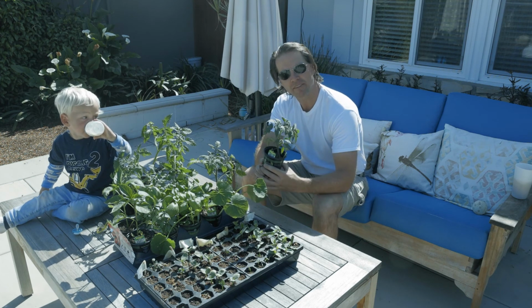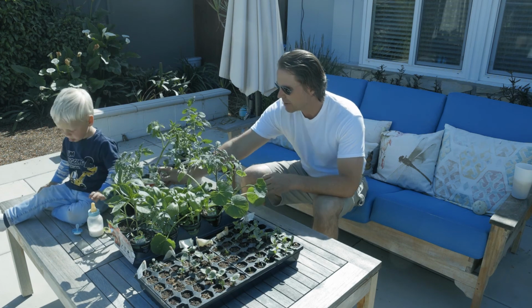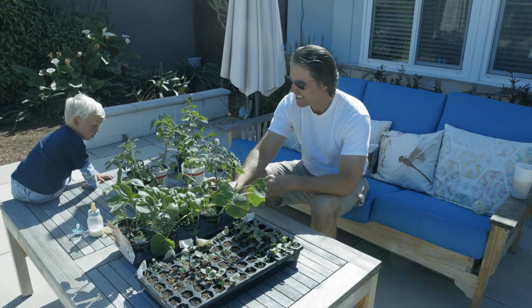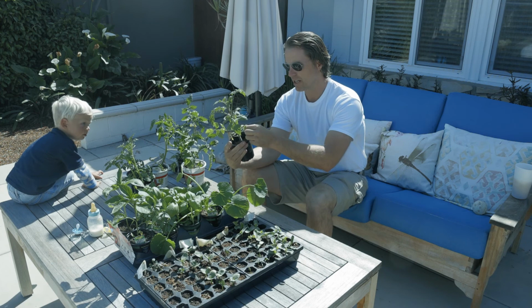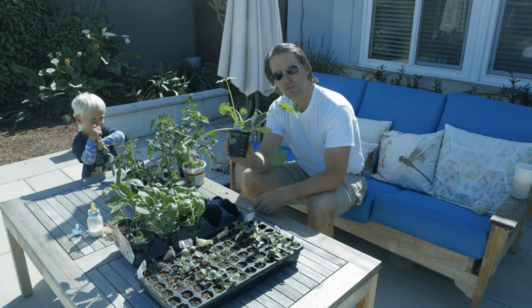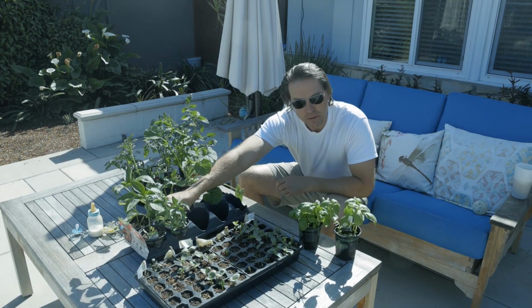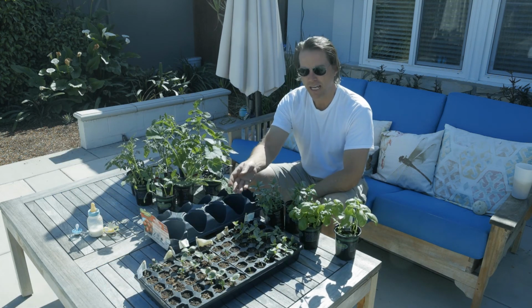Tomatoes. Gotta always have tomatoes, right, dear? 1, 2, 3, 4, 5. I'll put it in the ground. Gotta put it in the ground, kid. 6. Got 6 tomatoes. Japanese cucumber. Zucchini squash. I bought 2 sweet basils. 2 Thai basils. On top of having